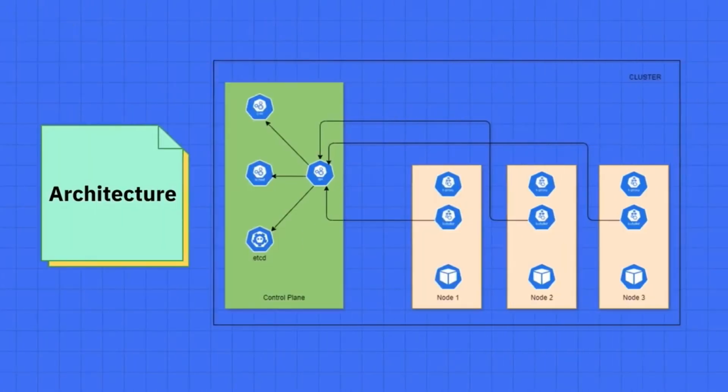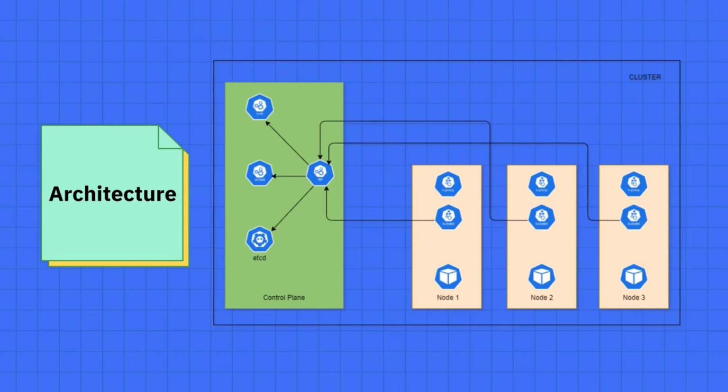Okay, so let's have an introduction to the architecture. We will take a look at each and every component discussed here in the coming up tutorial. So in Kubernetes, we have two major components. We have a master component and then we have a worker component. The responsibility for the master component is to control and manage the complete cluster, whereas the worker component is responsible to run the workload. Actually, it runs our containers; our application is being executed at the worker nodes.